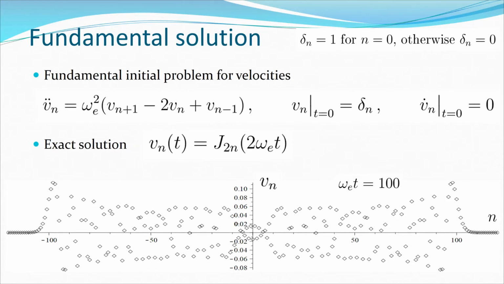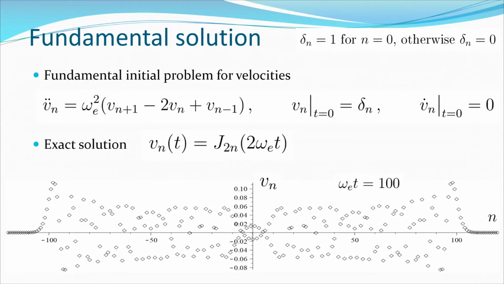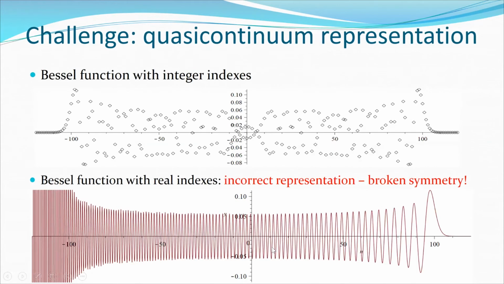The first question, which is actually quite challenging, is if we would like to understand what is happening in between these points. Of course, the solution is defined only for integer values. But the Bessel function, we know it is valid for any values of indexes. What will we have if we draw this graph for real indexes? It's strange, but we see that the result gives an incorrect representation. At least it does not have the symmetry of the problem, because the problem should be even. It should be the same from the left-hand side and the right-hand side from the